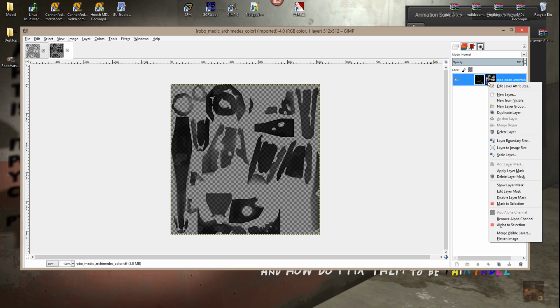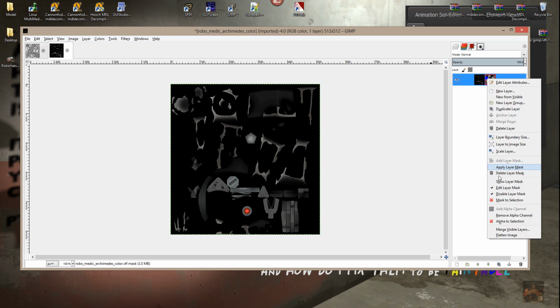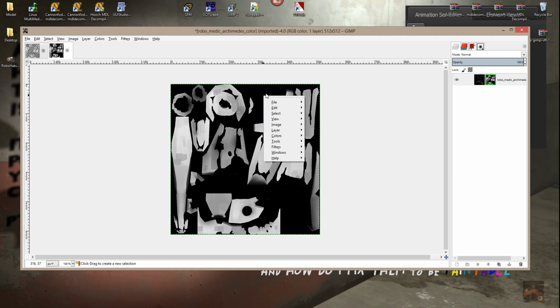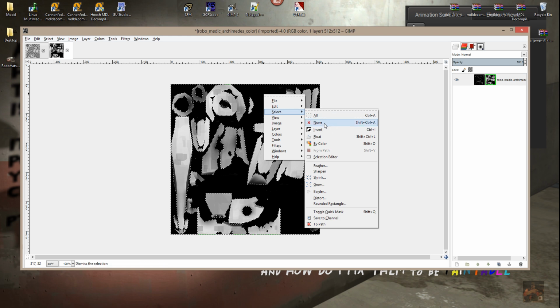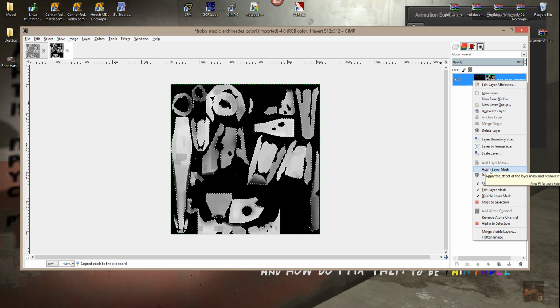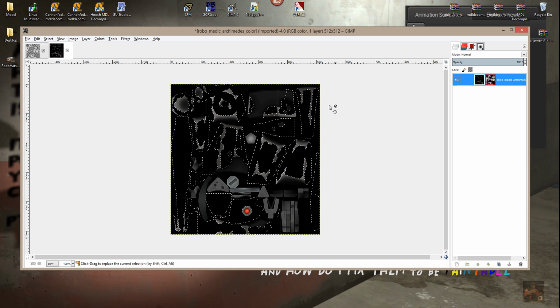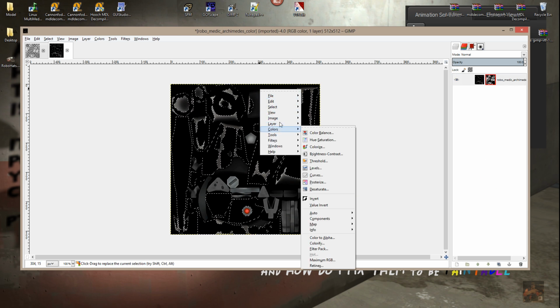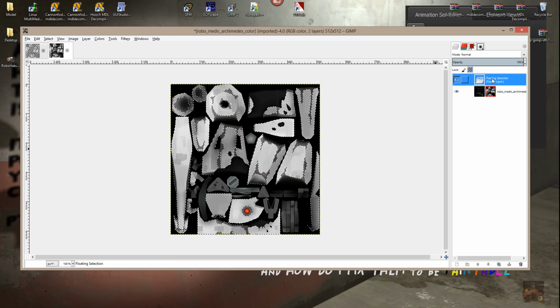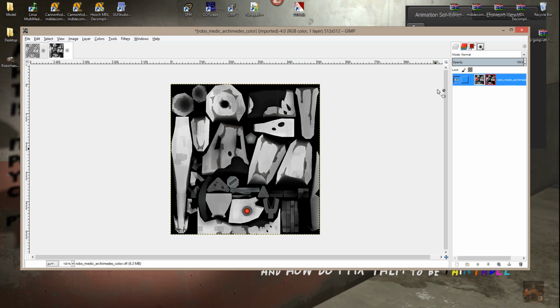We come back into the layers, disable the layer mask, edit the layer mask, show the layer mask, right click on the layer mask, select by color, select all the black area, select invert, right click on the material, edit, copy, come back over here to the materials, the layers, turn off edit the layer mask, turn off show the layer mask, right click on the materials, edit, paste, gives us the floating selection area, right click on that, anchor the layer, so now our material has that